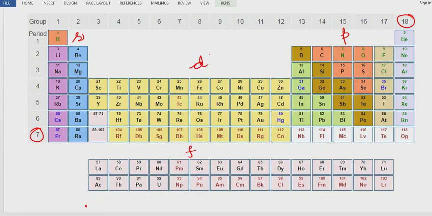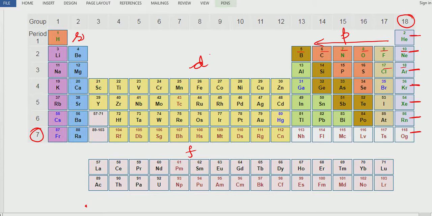Now how will you remember the atomic numbers? You have to remember 2, 10, 18, 36, 54, 86 and 118 of the noble gases. Remember 2, 10, 18, 36, 54, 86 and 118 and come back in the reverse order. There should be 6 elements, right? 10, 9, 8, 7, 6, 5. Remember then 18, 17, okay? So you can remember the atomic numbers of the P block.